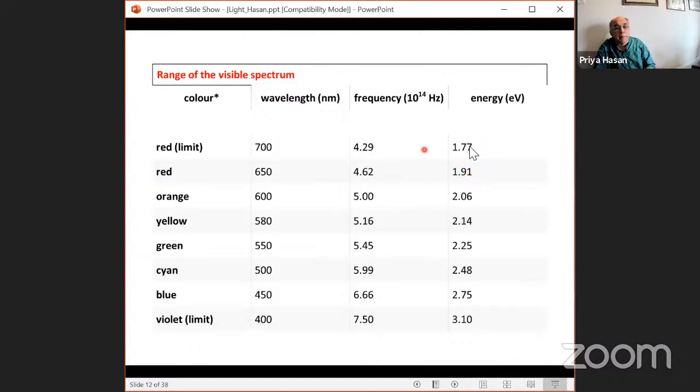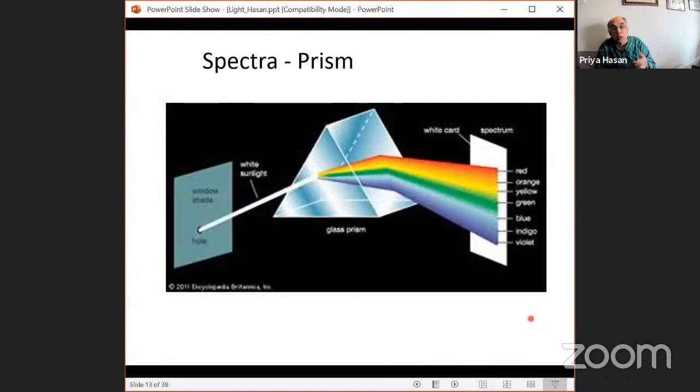And you have the energy, and you see that energy is increasing as you go from red to blue and violet, right? Violet and blue are the high energy ones. So this is what we have here. So because of different wavelengths, different energies,